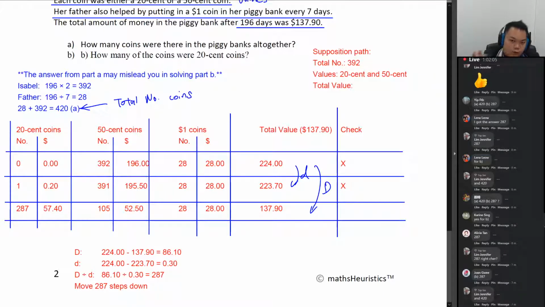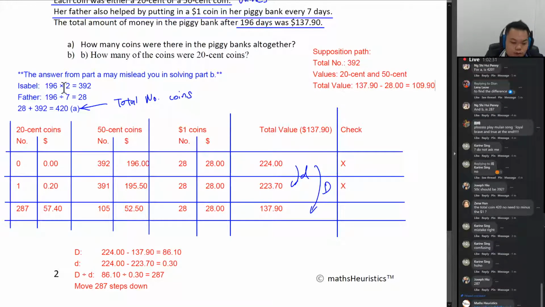Over here, if you want to deal with it, it has to be 137.90. Remove the 28 $1 coins. Then you can take this and do a standard supposition with it. Okay? So that's why I say the answer from